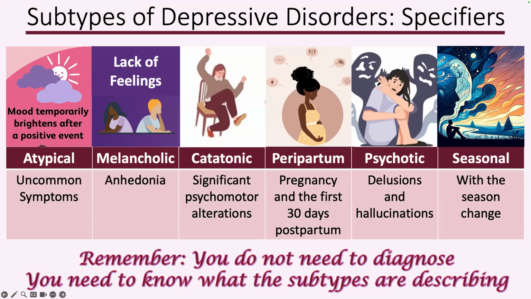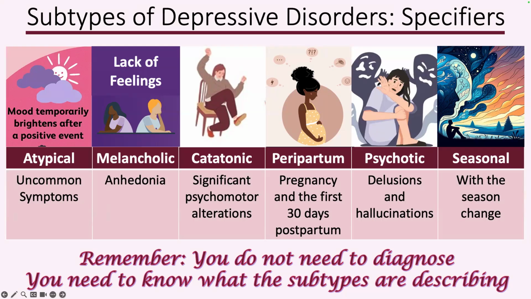Psychotic depression. Depression with delusions and hallucinations. This is very challenging to diagnose. I'm not going to ask you psychotic depression on an exam because it gets very sticky between, is it depression? Is it something else causing delusions and hallucinations? But you may see that in a chart. It is a thing. It's very rare. Lots of criteria to diagnose it.